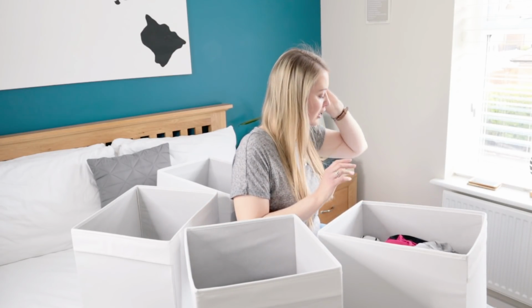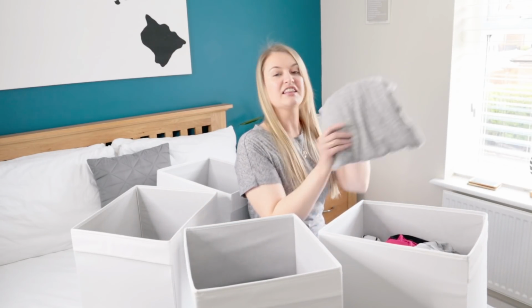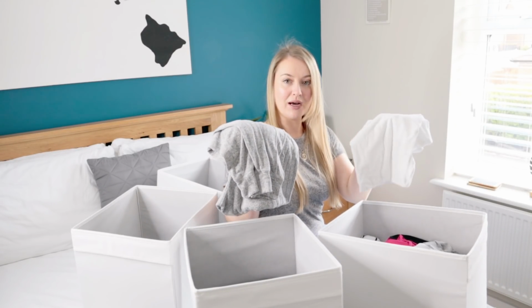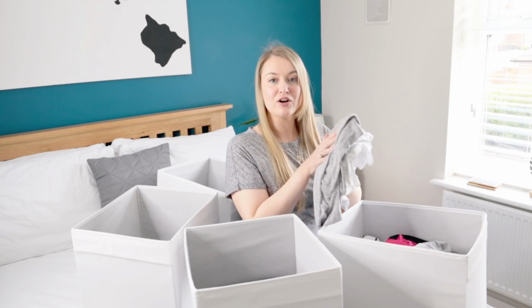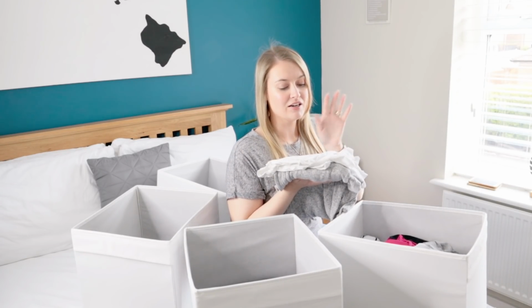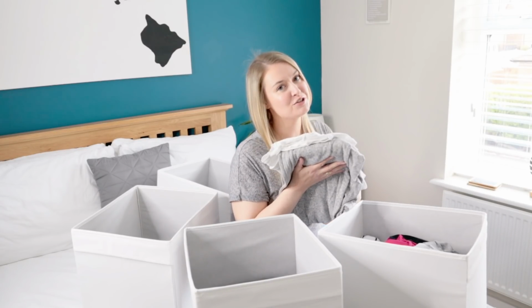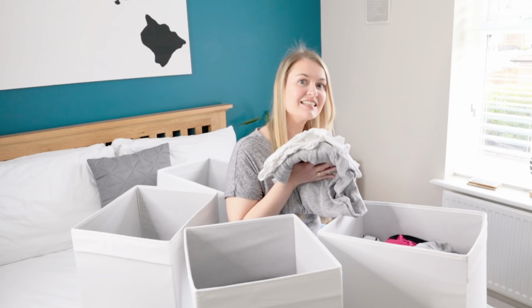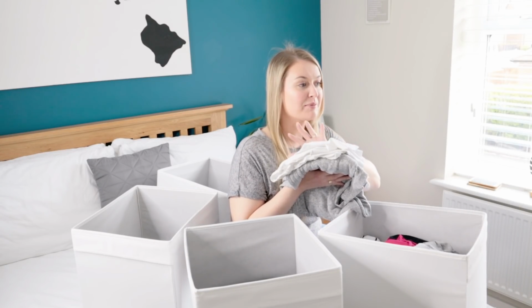So for me, pajamas are these. I have a pair of grey bottoms and a white top that I wear together. They are not a matching set. They were two individual items. I just thought they were really soft, comfortable, basic, easy to wear, easy to wash. And I have two sets exactly the same. And that is literally it. That is my pajama